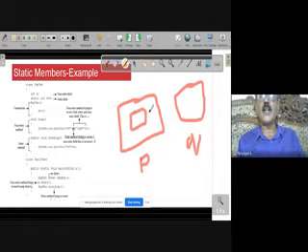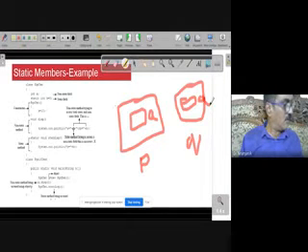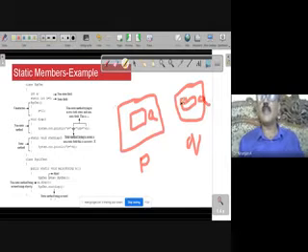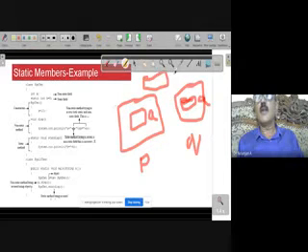Which is the non-static field? A. A is the non-static. You will find a separate copy of A for both P and Q, but for B you will find only one copy. So that's the important point.